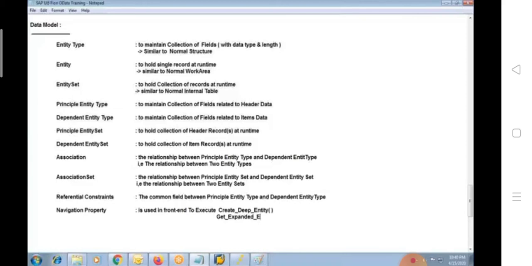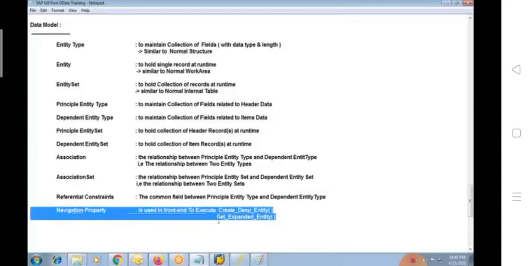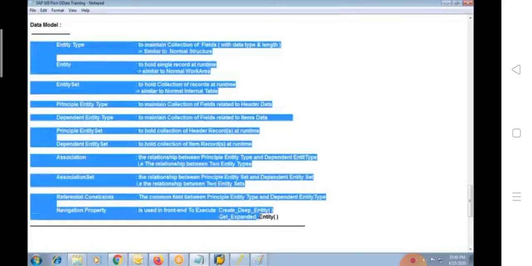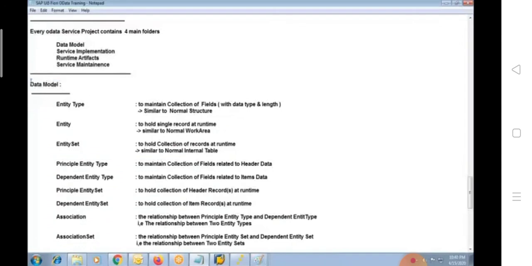So in order to execute these types of methods, we have to make use of navigation property. That is compulsory. When I use it practically, then I'll give more clarity about this. No need to worry, because this is totally interrelated between front end and OData. So these are the options that we have to be familiar with before we develop the first service. All these options come under data model.